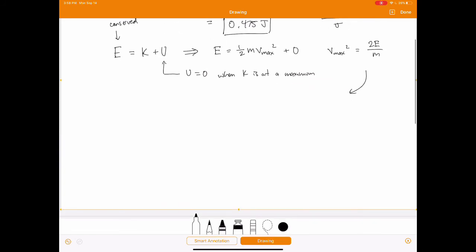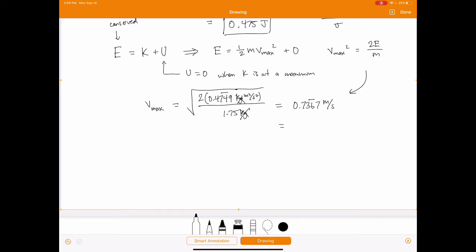So of course we want to square root that to get v max. So I'll have the square root of 2 times E, which is 0.4749 joules, which again is a kilogram meter squared per second squared, divided by the mass, which is 1.75 kilograms. Cancel out kilograms. If you do this calculation, you will get 0.7367. Units are meters per second,